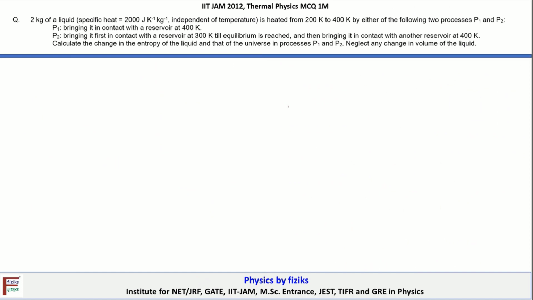So let's continue with the next question. It is related to entropy change calculation. We are given a situation where 2 kg of a liquid with a given specific heat, independent of temperature, is heated from a temperature of 200 Kelvin to 400 Kelvin. So there is a temperature change from T1 to T2, which implies delta T is 200 Kelvin, either by